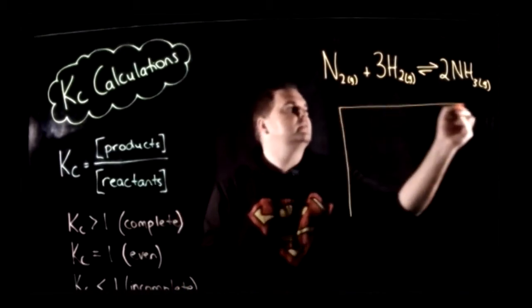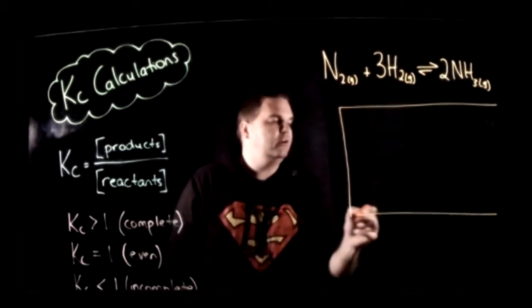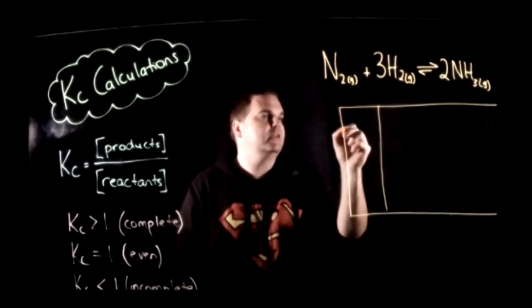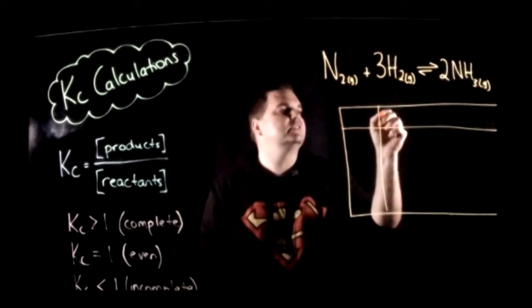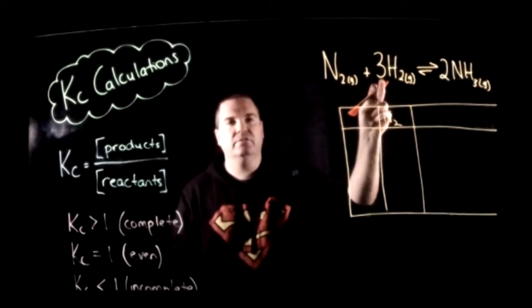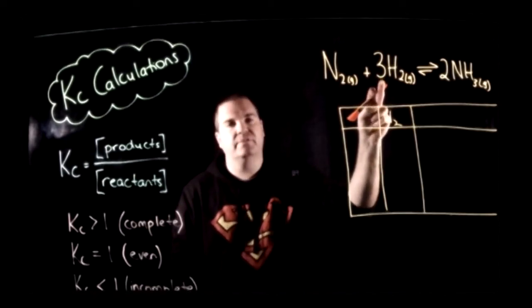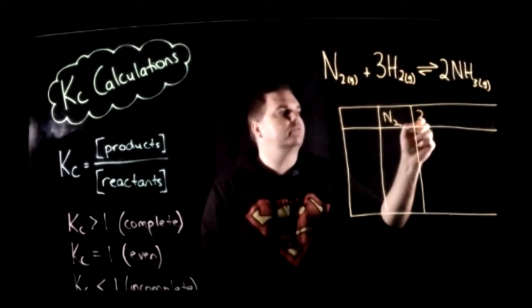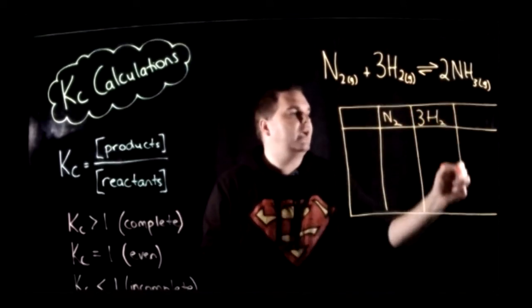Firstly, I always find it good to put your species across the top here, N2, and bring the stoichiometry number down, and you'll see why in a minute. So 3H2 and